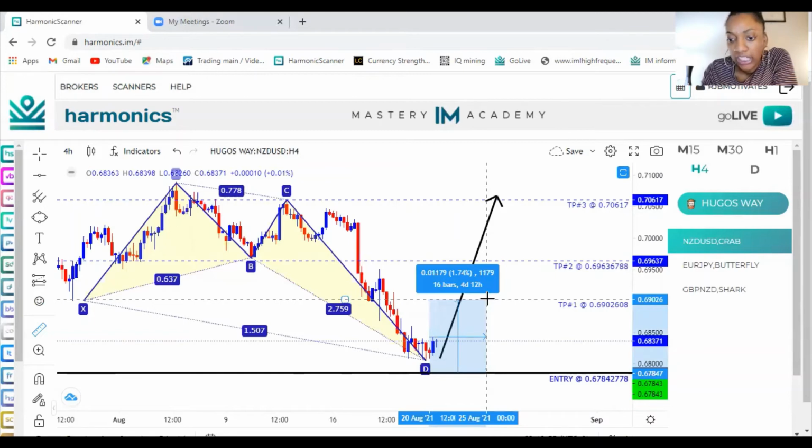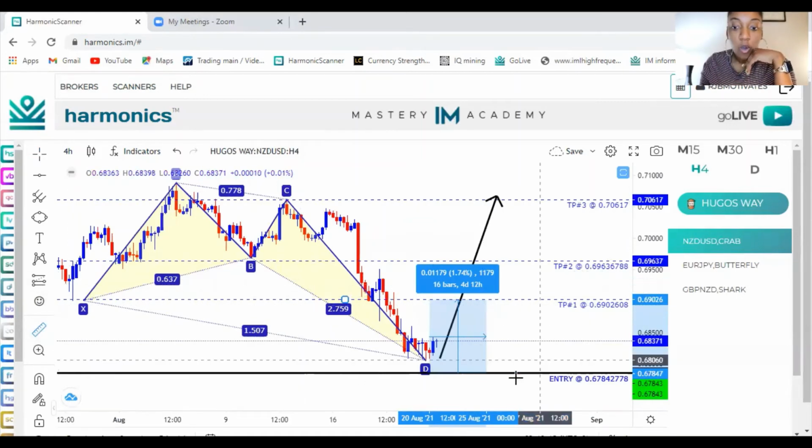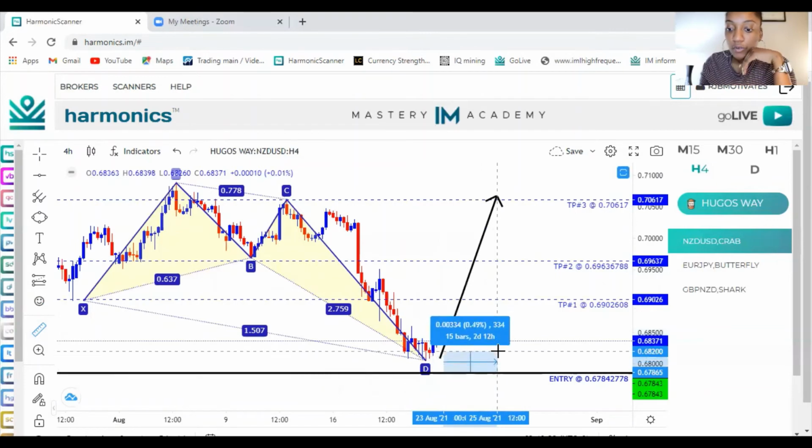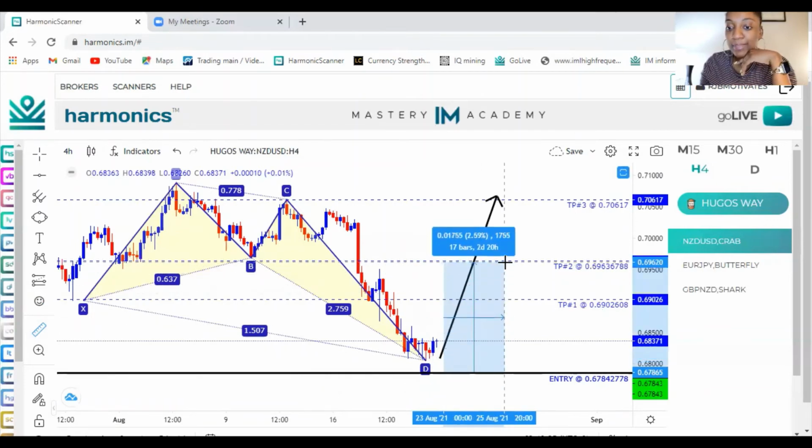TP1. So this is about 100 or so pips. Let's say 100 pips. If you got into this trade with a standard lot, which is $10 per pip, for 100 pips. Now let's remember, each candlestick was formed every 4 hours. If you got into this trade and allowed it to hit TP1, you would be up $1,000. Or if you got into this trade and allowed it to hit TP2, which is about 170, which is about 180 pips, you would be up